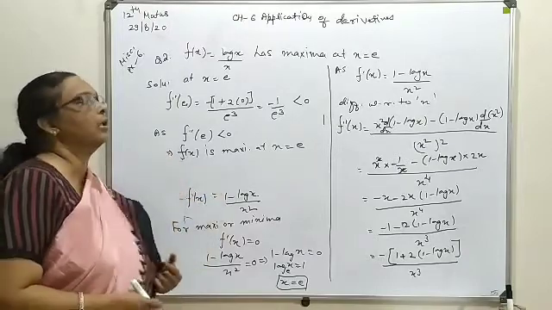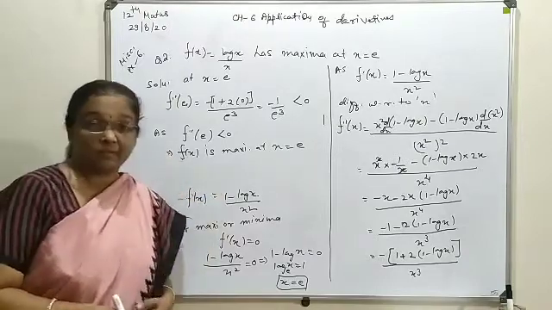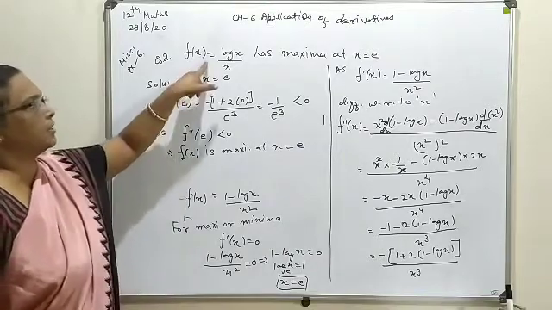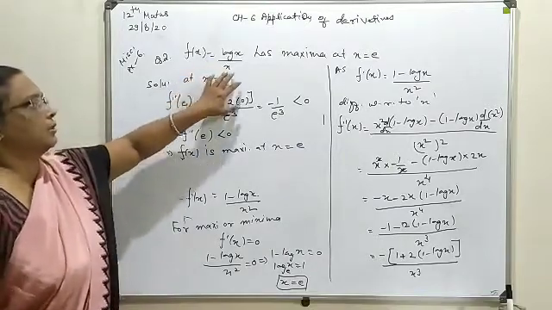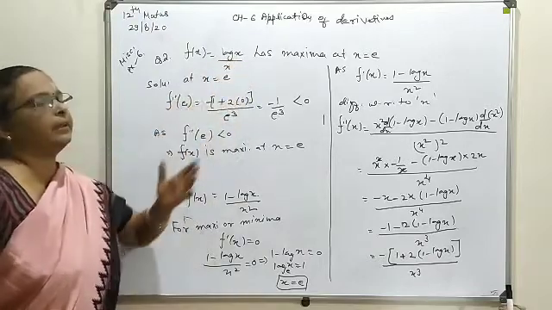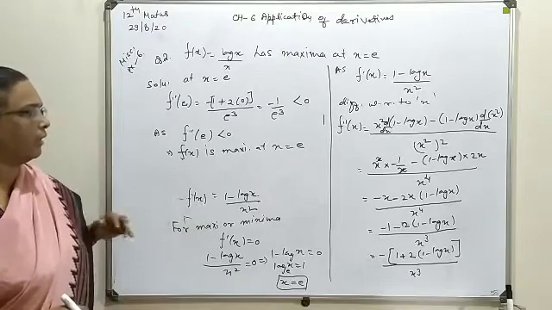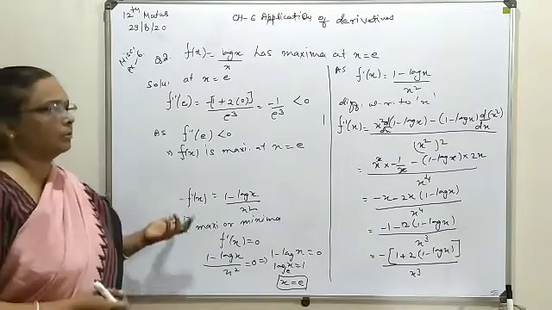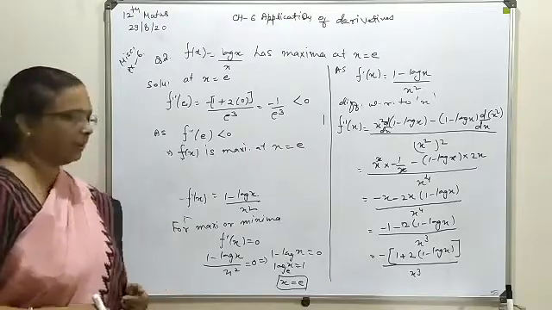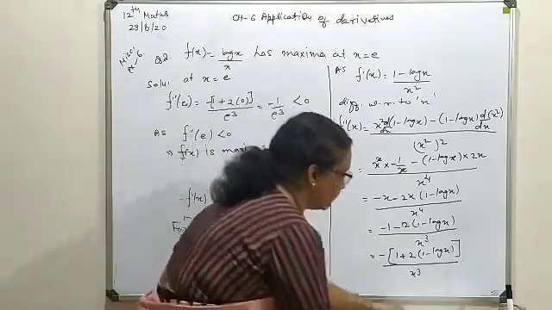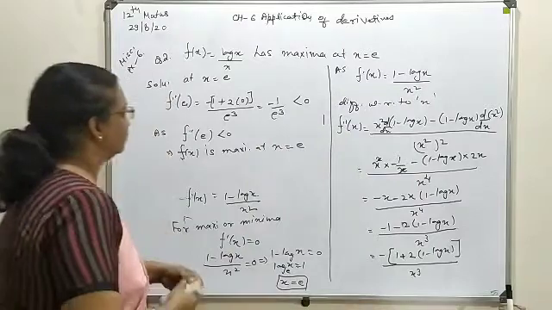In some of the questions, if it is being asked what the maximum value is, that also you can find it out. X is equal to e, substitute in the main function, this will turn to 1 upon e, that will be the maximum value at x is equal to e. So that way you have to handle the question based on the different types of combination. Now next we are going to move towards question number 3. This is one of the important forms.